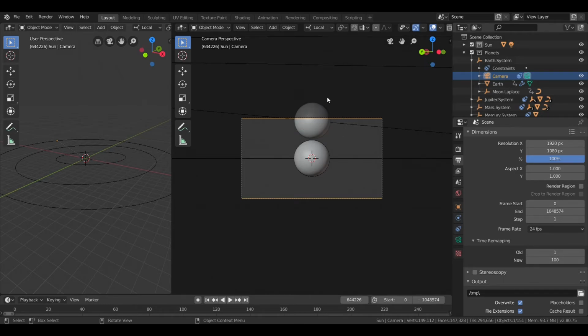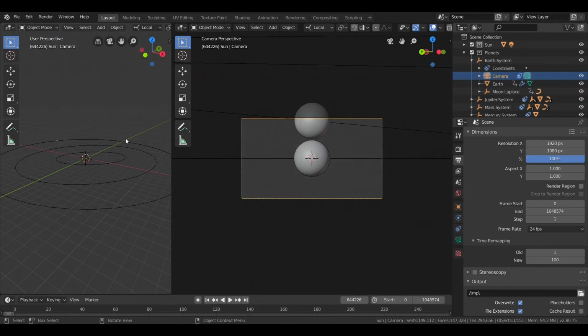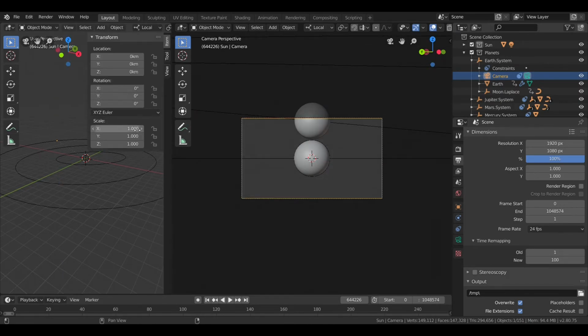Now, the moon here doesn't quite cover the Sun, but if I move the camera upwards, hang on. I can make it work.